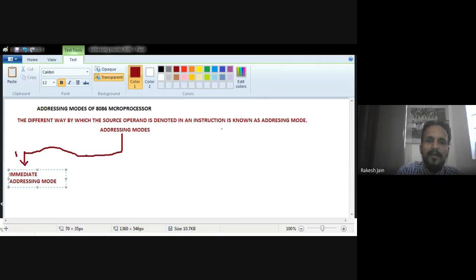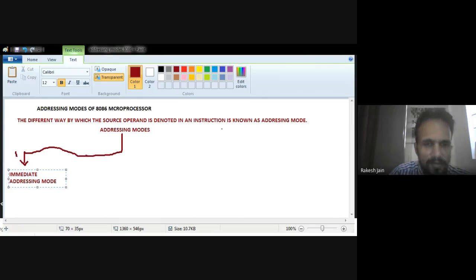We know that the 8086 microprocessor is a 16-bit microprocessor in which the general purpose registers are of 16 bits, which are further divided into a lower byte and a higher byte of data. For example, in the accumulator, AL stands for the lower byte of the accumulator, AH stands for the higher byte of the accumulator, and together, the 16-bit accumulator is AX.